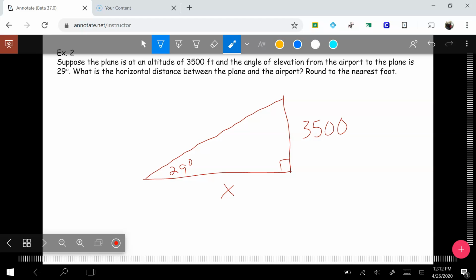So again, now that I have my triangle, I'm reviewing what happened last week. So opposite and adjacent. So again, we're using tangent. You're going to find that tangent is kind of common when you're doing these word problems. You won't use it all the time, but it is very common. So now I have the tangent of 29 degrees equals